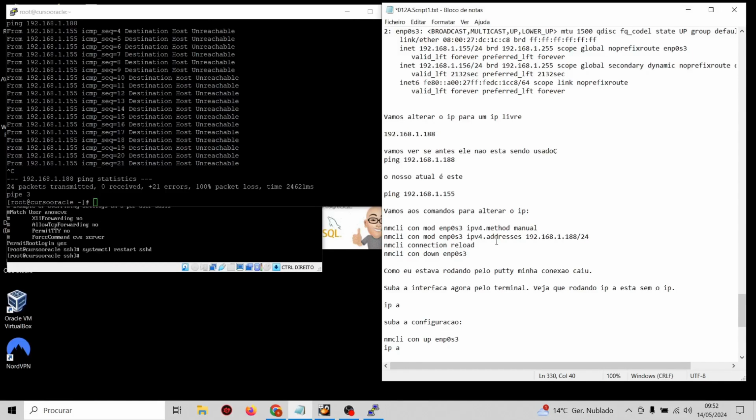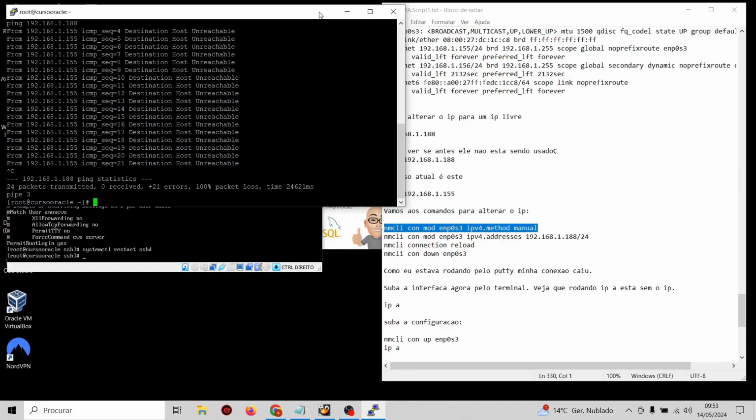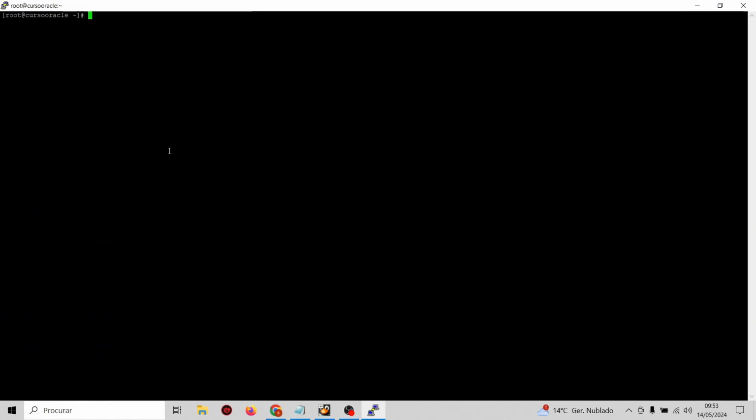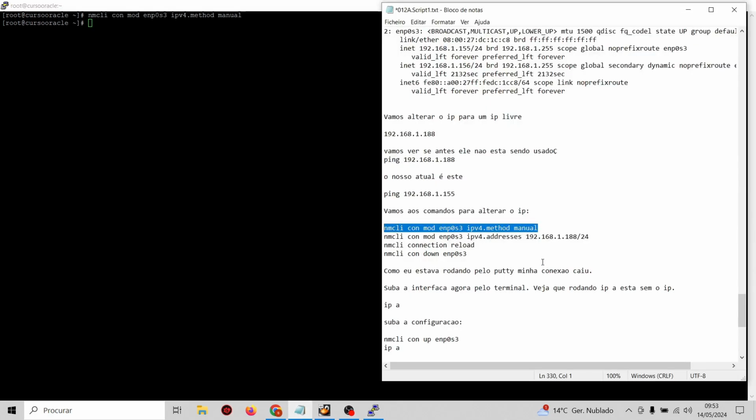And what are the commands to change the IP? For example, to 188, I have to run these commands here in sequence. Manually change this IP. So we need to run these commands here in sequence, and here's where it gets easier to work with the clipboard. Just right-click the mouse, execute the first command. Then here, with this command, I'm going to set this IP with a 24 mask and IPv4,